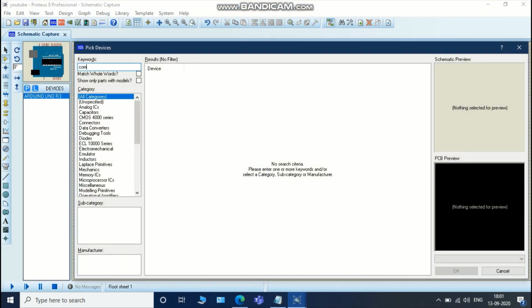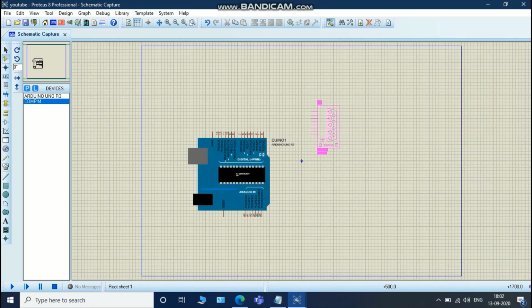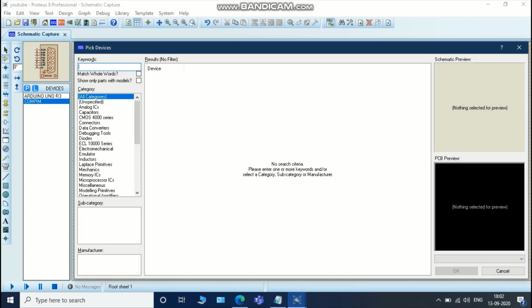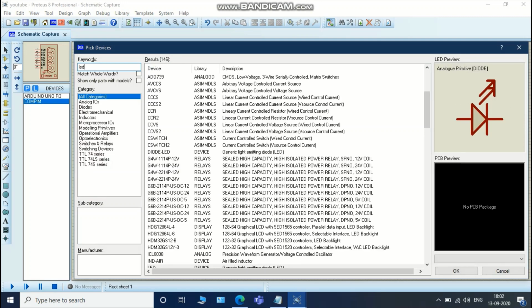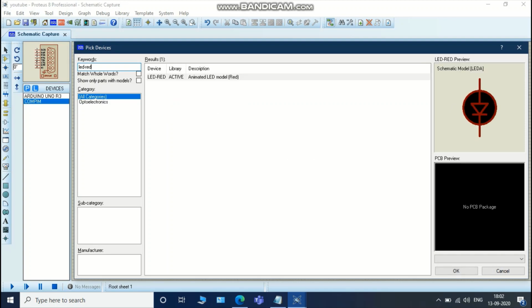So now the second one is the COM pin. Click OK. Then add LEDs. In this circuit, we are using 3 LEDs, so I am adding 3 LEDs.